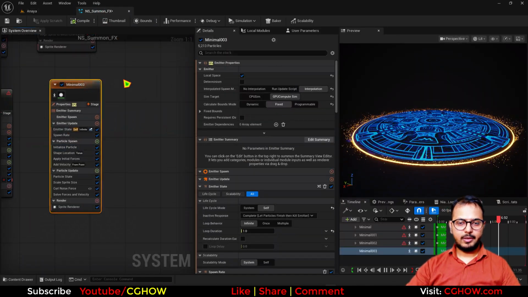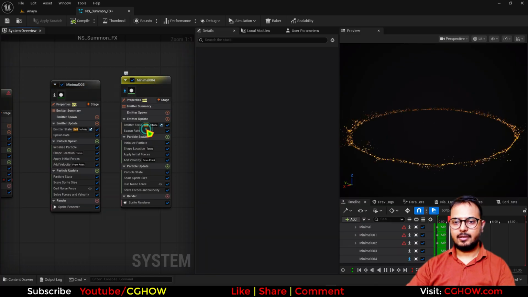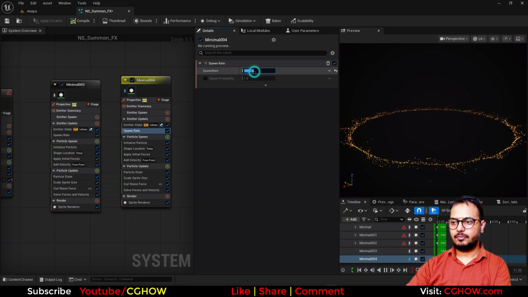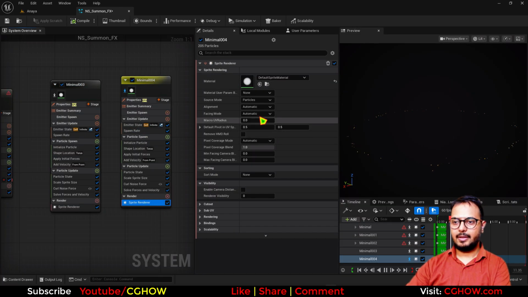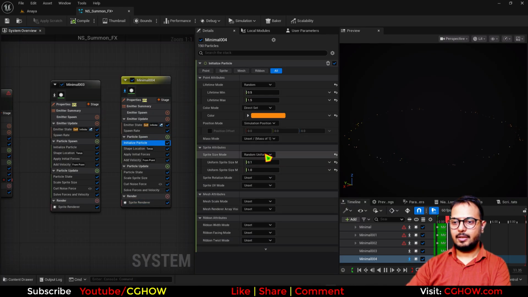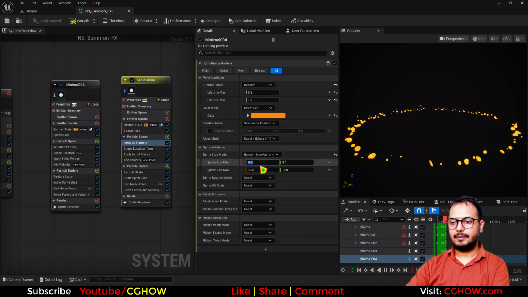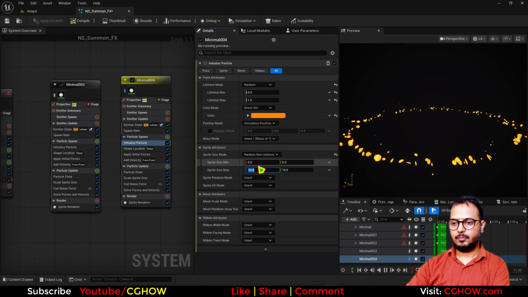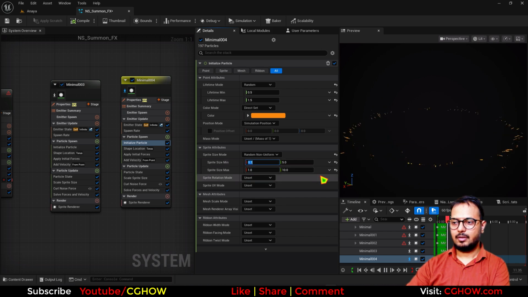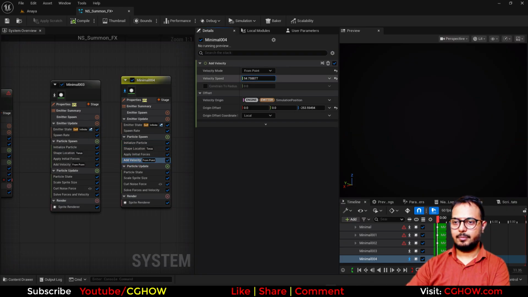You can also duplicate this and decrease the spawn rate, maybe just 200, and make this velocity aligned. Then you can stretch the size maybe 1 and 0.1 and 5 and 2 like this, and velocity a little bit more,